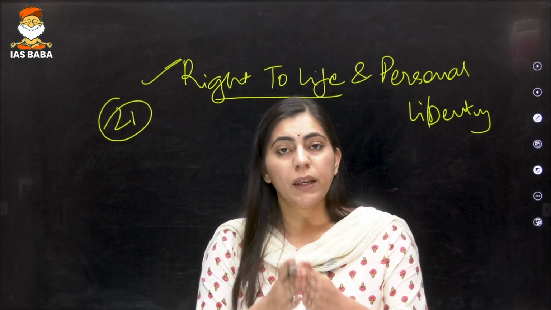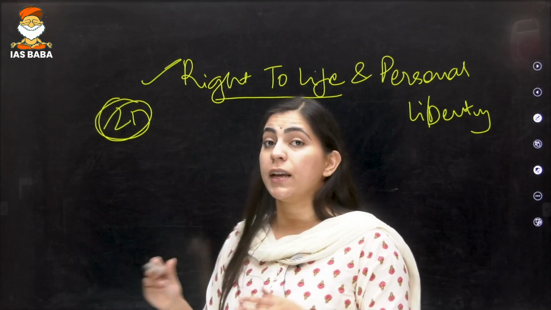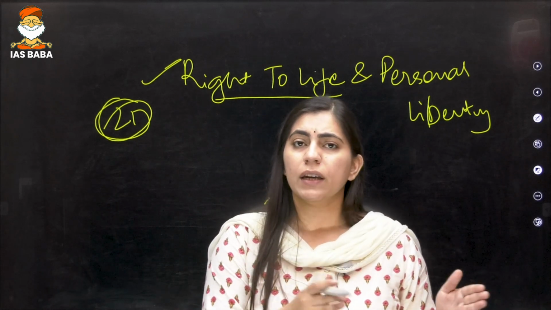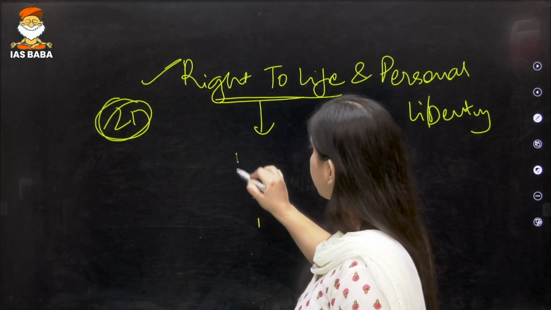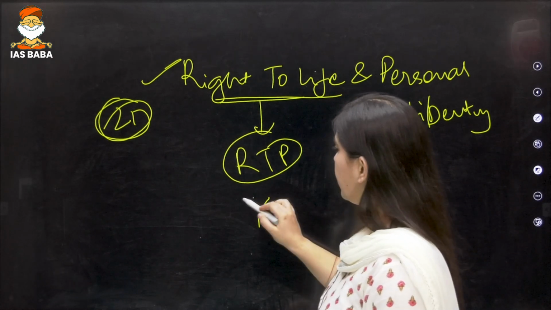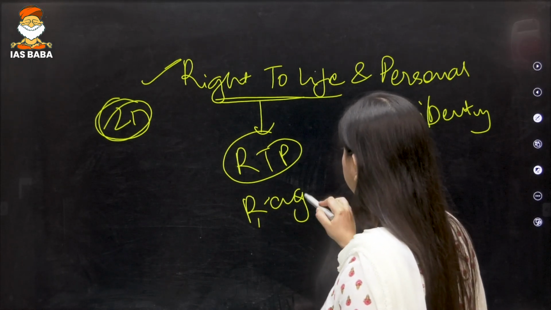So the meaning of Article 21 has been expanded by the Supreme Court over years and years. The right to life includes the right to privacy, right against